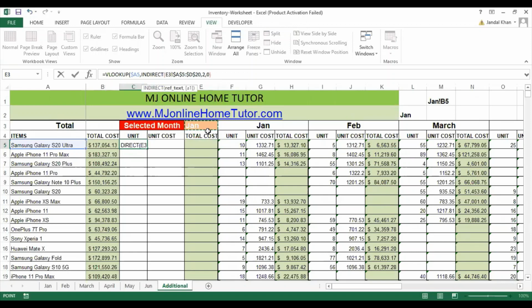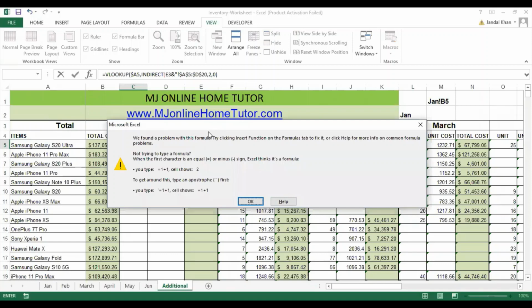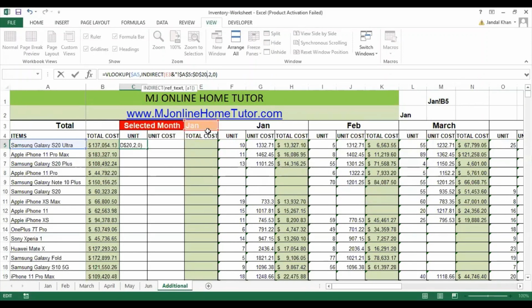So instead of Jan, I gave the address of E3, and then just need to complete the formula, one more bracket. And now I have to apply IFERROR to ignore the errors for that. So here we get 10.